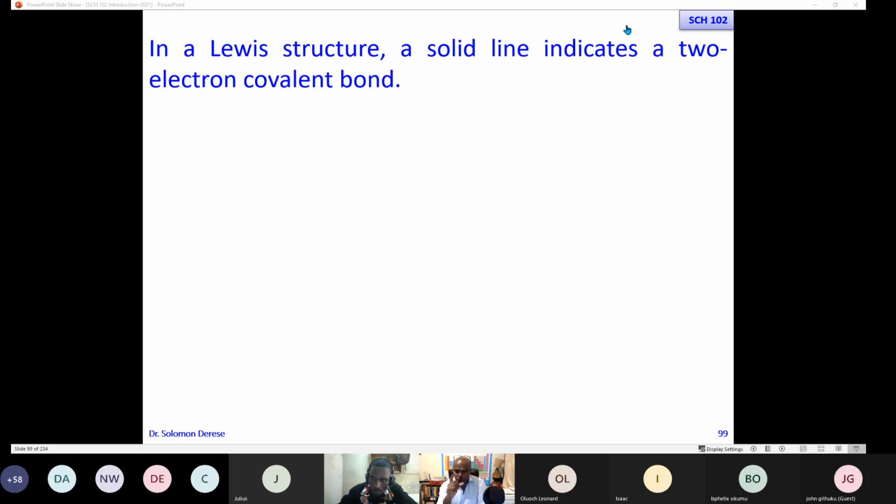Then you must also make sure there are 8 electrons around the nitrogen. As you do so, some of the electrons will be bonding electrons, the other electrons will be non-bonding electrons. So we are going to learn how to draw the Lewis structure of molecules. It's a skill you need to acquire, and with examples and exercise, you will be in a position to draw the Lewis structure of any